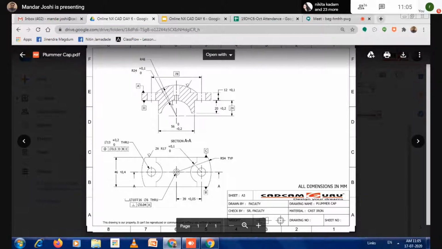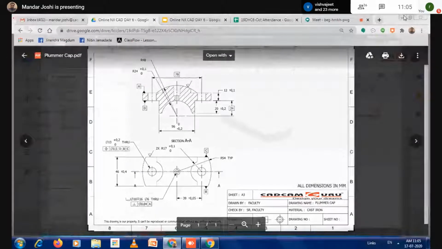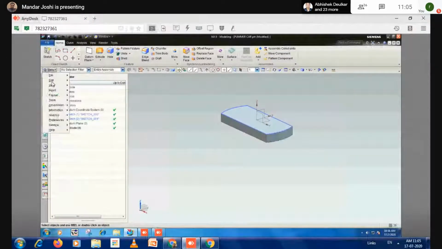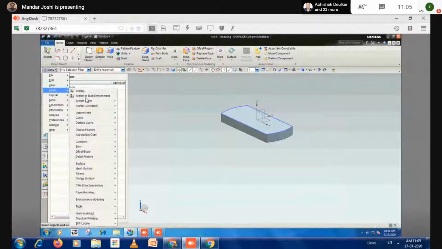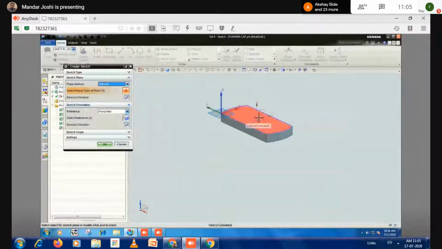Okay, so we will make a very simple sketch. I create this arc of radius 48 and here we close it by simple horizontal and vertical lines. Let us do this. So what should I do first? Go to the menu, insert, sketch in task environment. Now select this plane. This is a front.